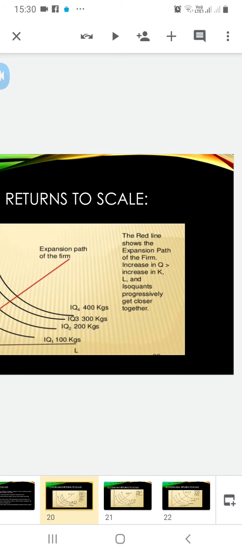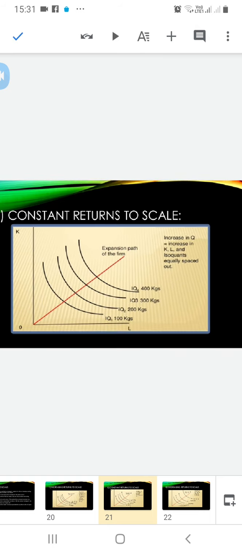Next stage, constant returns to scale. Constant returns to scale are a transition phase between increasing and diminishing returns to scale. In constant returns to scale, a proportionate increase in input increases output in the same proportion. Here you can see